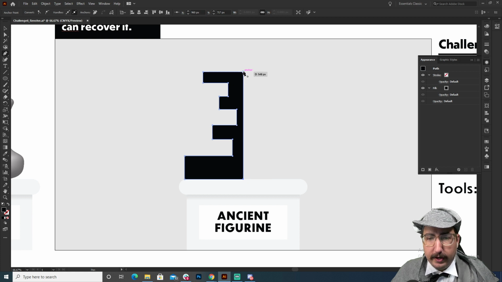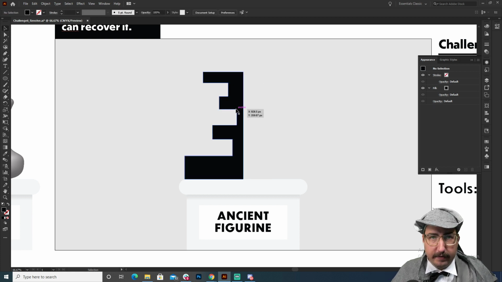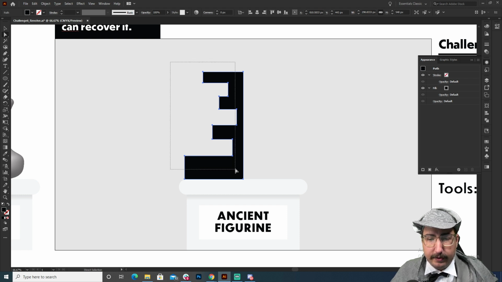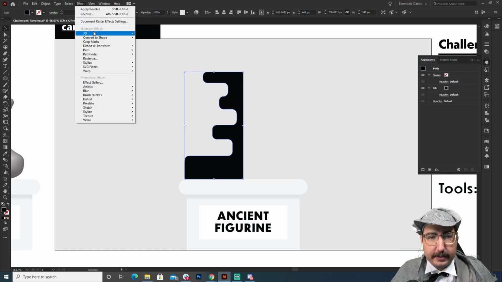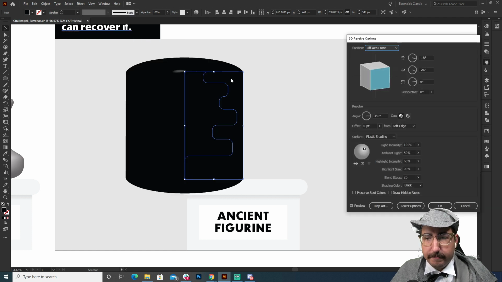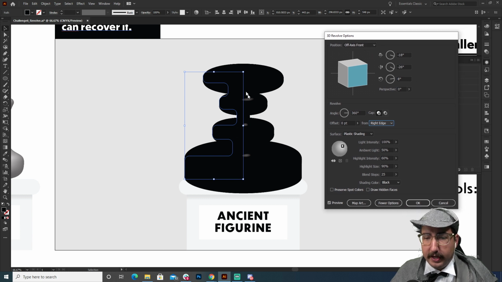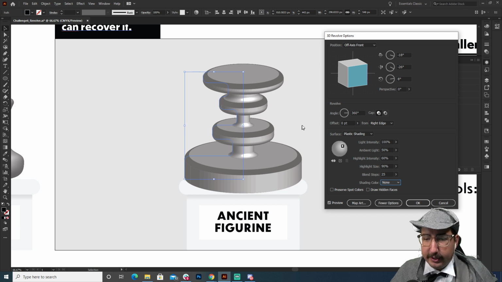And we're just going to do one side, right? Always just doing one side of this vase or of this shape or the 3D that you're going to be using. So we're going to round all these out a little bit. Actually, I'm just going to round out these sides. There we go. So it's a little wobbly. And again, we're going to select and think about it. We're putting on this side and revolving it around 360 degrees. So we'll go to Effect, 3D, Revolve. And again, it's shifted to the left edge, which means it's going to be flat. If we change this to the right edge, right there, there we go. Now it has a nice little 3D kind of look. We're going to change this to none so we can get our lighting looking really good.